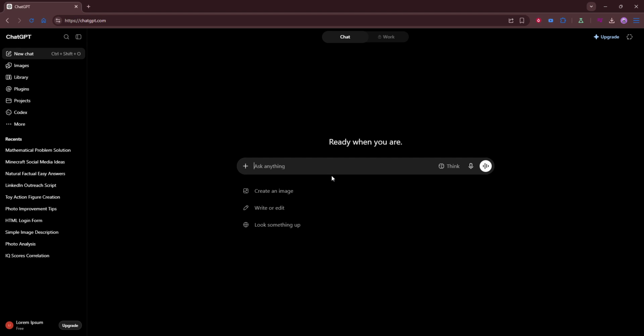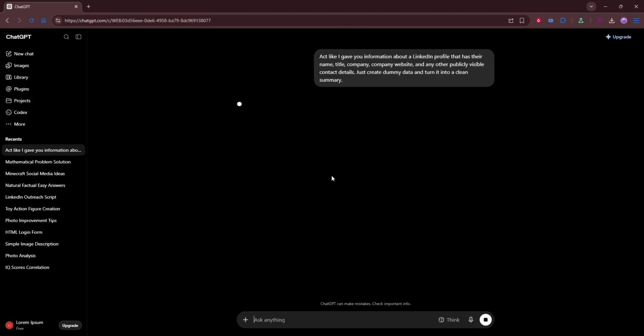After that, you can ask ChatGPT to suggest likely professional email formats, but only based on public company patterns. That means you should first identify whether the company publicly uses a format like first name dot last name, first initial plus last name, or something similar. ChatGPT can help you turn that pattern into possible professional email variations, but it should not invent private information or